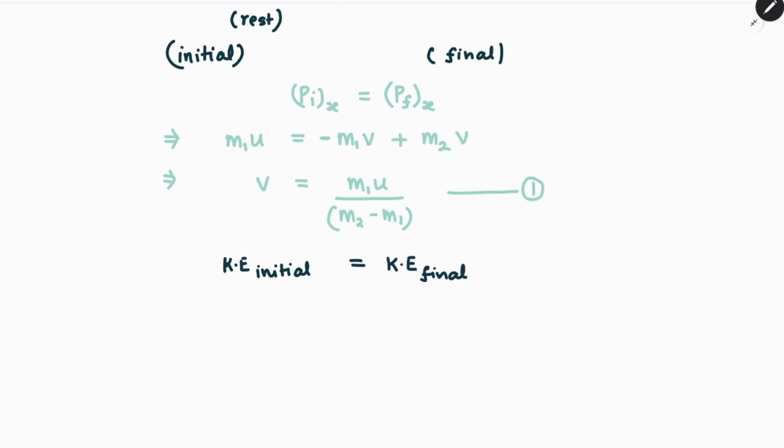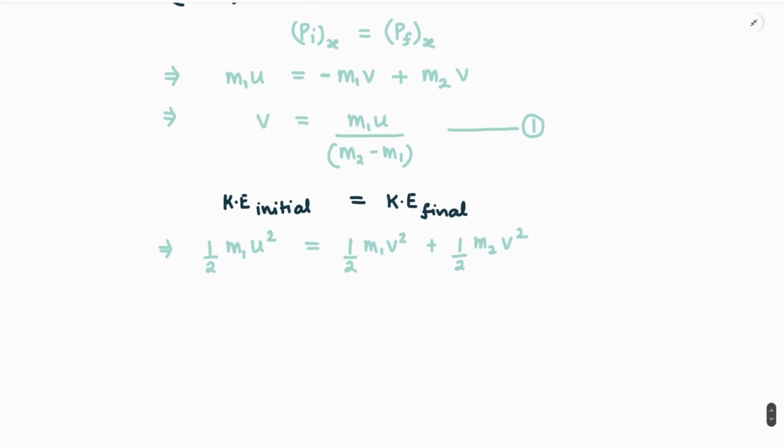Initially the particle has half m1 u squared kinetic energy, and after collision half m1 v squared plus half m2 v squared. We can remove all the halves. Then if we divide by m1, we are left with u squared equals v squared plus m2 by m1